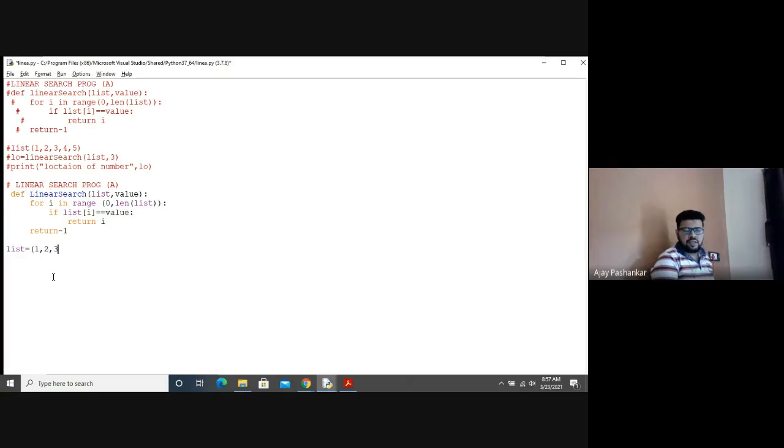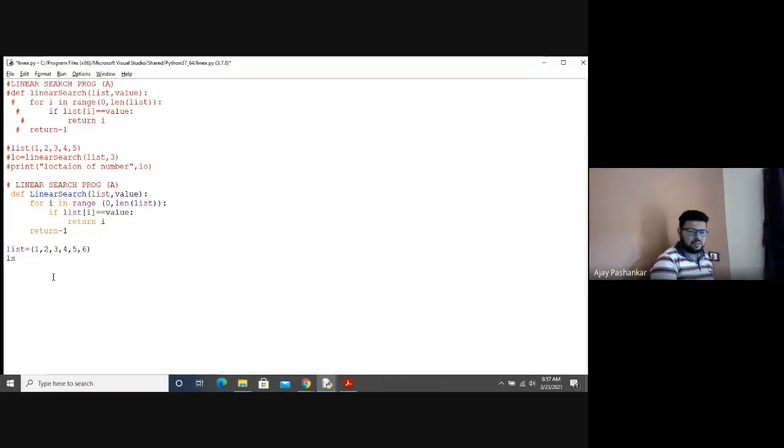So I want to find the location of, in the list 3, 2, 4, just passing 5 to 6 elements, no issue. I want to store this value in a variable. You can name anything, let's say ls for linear search.